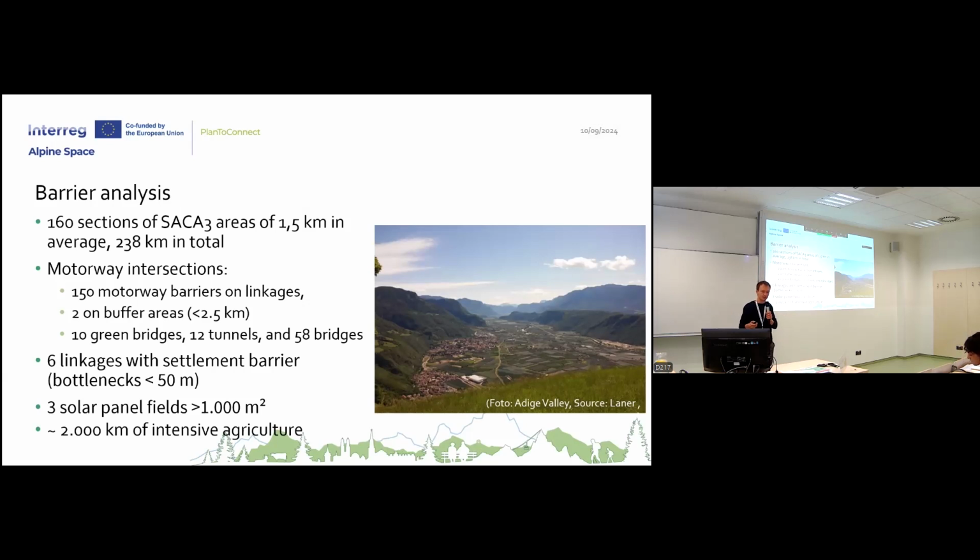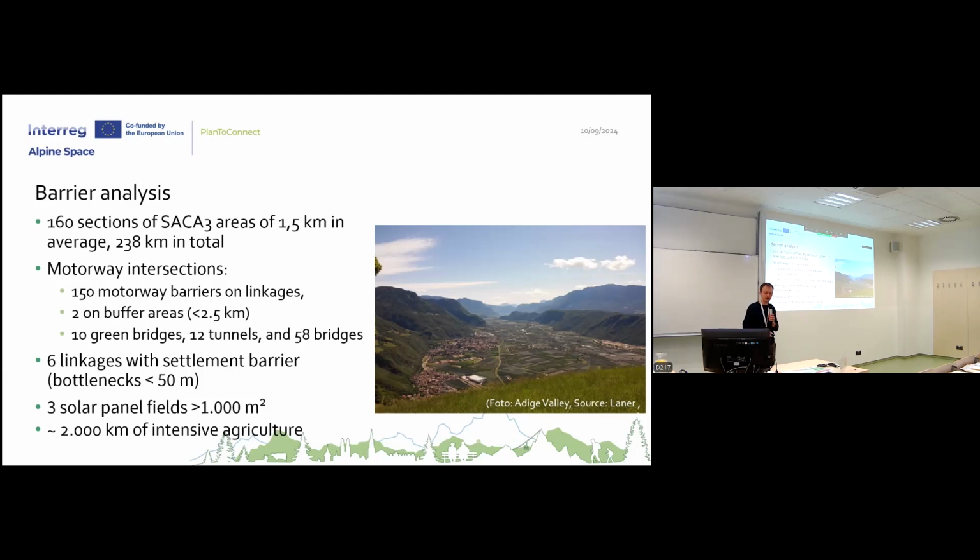At the end, we also took a closer look at the human barriers. We have 160 sections of sucker-free areas that are on average 1.5 kilometers long. Sucker-free areas are areas like in the picture here in the south of Bolzano, in the Adige Valley. They are full of intensive agriculture, settlement development, and transport infrastructure like railway or motorway lines. We also took a closer look at the motorway intersections with these